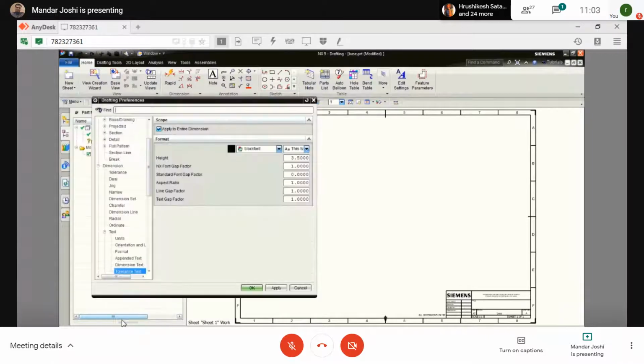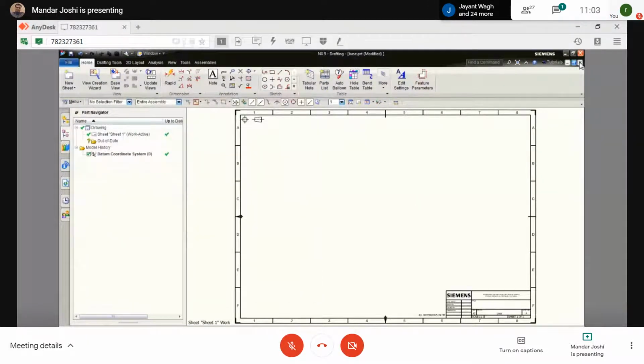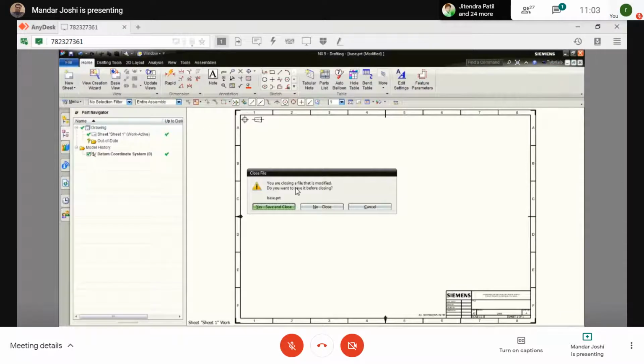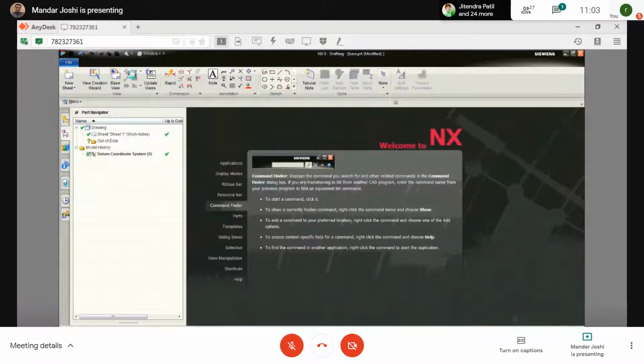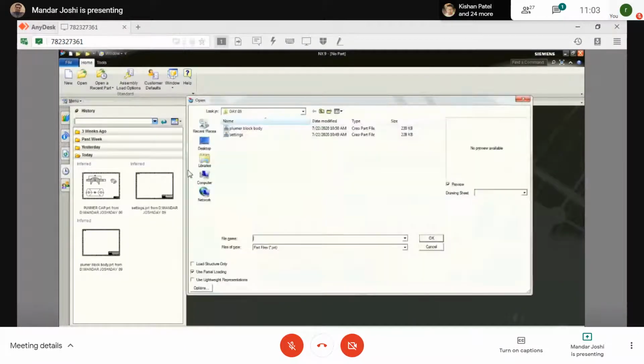To avoid that, what we have to do is save the settings one time using the blank setting file option. After that, we have to open that file. Whatever the setting file is, you have to open it first. Initially this is actually a blank file, and here I initially did all the settings.